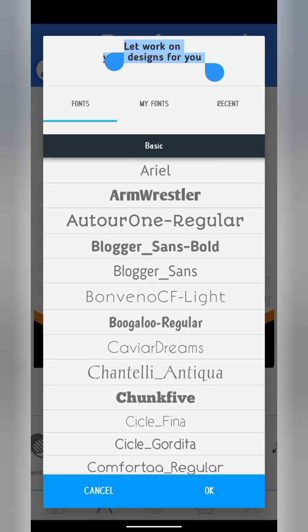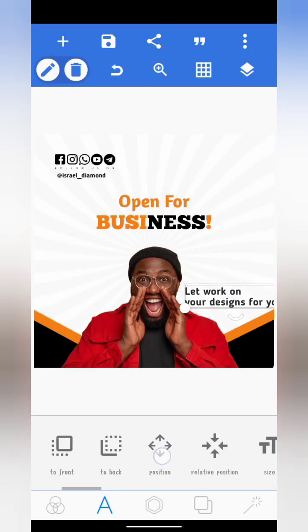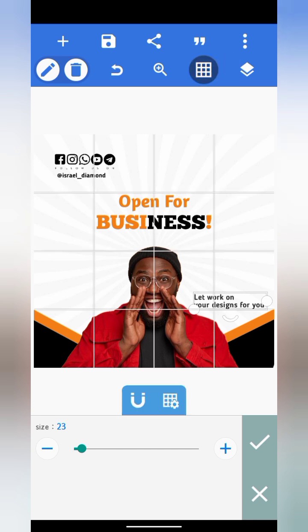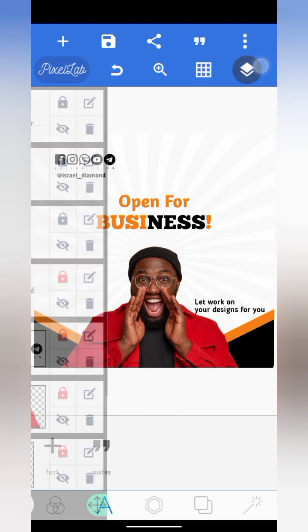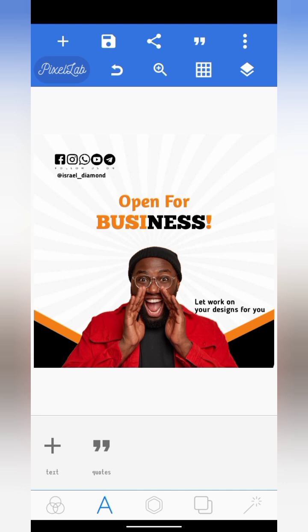Yeah, let's go with this. Boom. Okay, now reduce the size. After then, ensure alignment. Always align your work. I must say, alignment is a very crucial part of design. Lock and lock and lock. So once that's done,